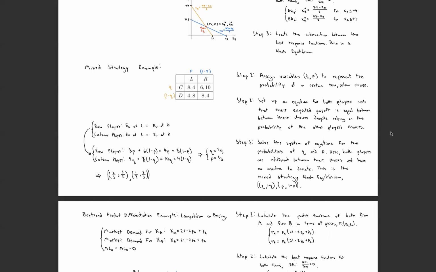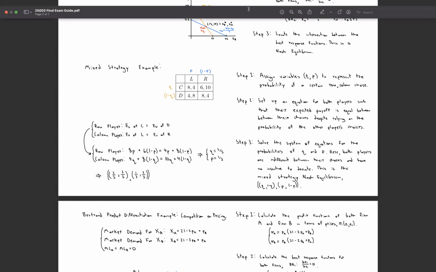Step two, you're going to want to set up the equation for both players such that their expected payoff is equal between their choices, despite relying on the probability